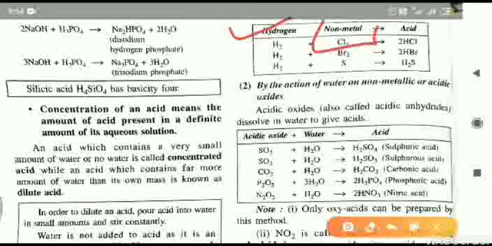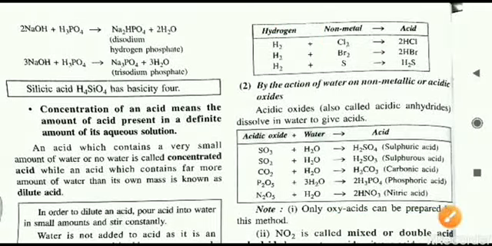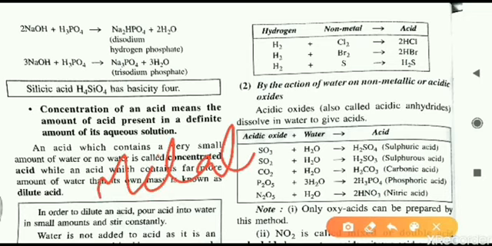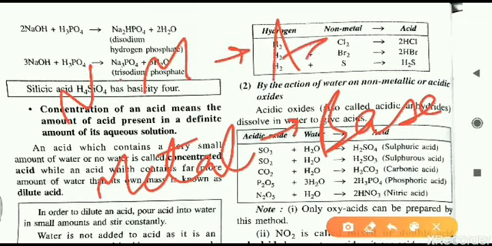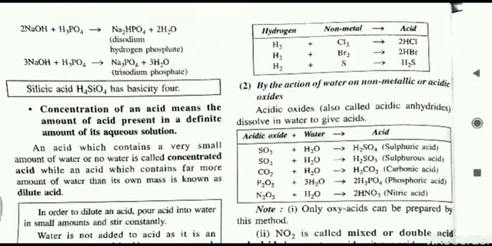You can note this non-metal over here. A non-metal always produces an acid. On the other side, if we are using a metal, then we will get a base. This is a short trick to remember: the non-metals will produce acid, but the metals will produce base.